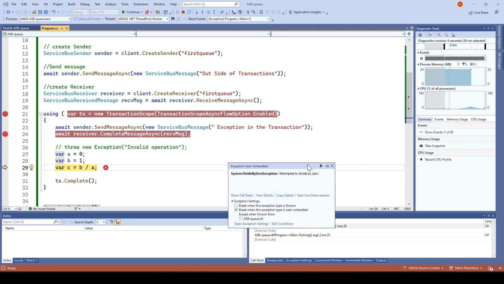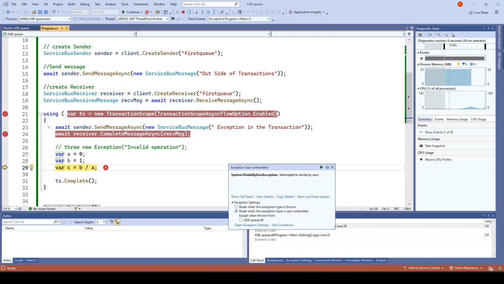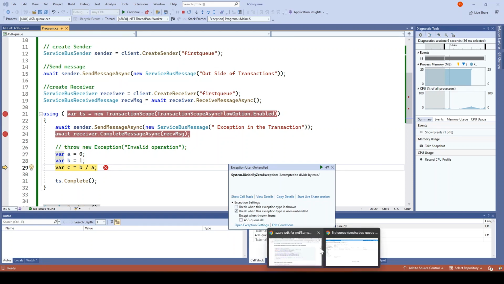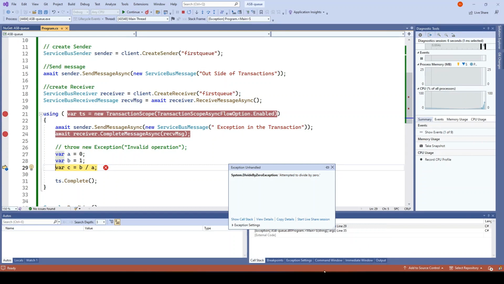So we have done two operations. First, exception. We have tried to send this message, exception in the transaction, and we have tried to receive the message, whatever was there, the first message in the service bus. We will see the delivery counter should have incremented. Let me quickly go over there, and let me just stop it here,